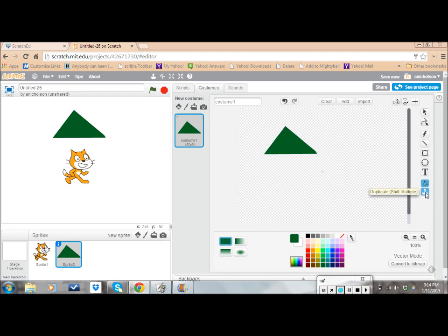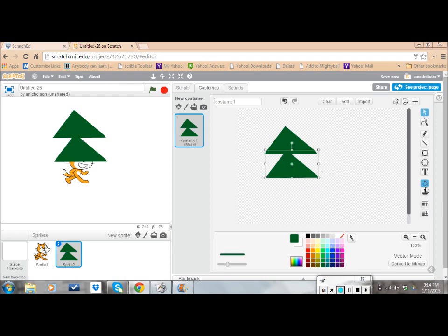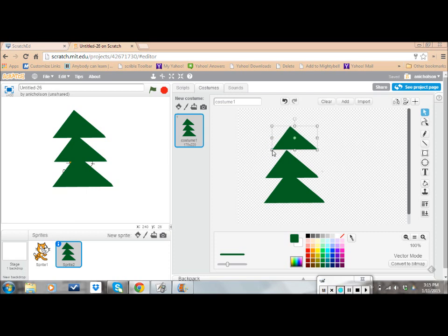Next, I'm going to use the stamp tool to duplicate this. So I click on the stamp tool, click on my triangle, and drag one down. Then I'm going to do that again. Click on the stamp tool. If I wanted to do lots of these, I could hold the shift down, click on the shape, and then drag it down. And now if I want to, I can resize the bottom one to make it a little bit bigger, resize the top one to make it a little bit smaller, and there I have my Christmas tree,